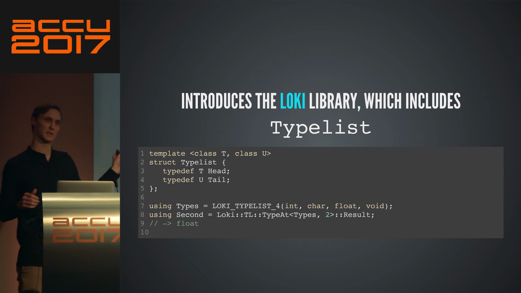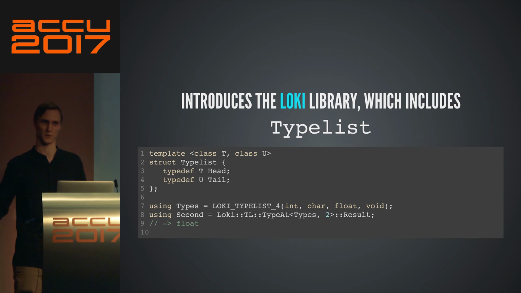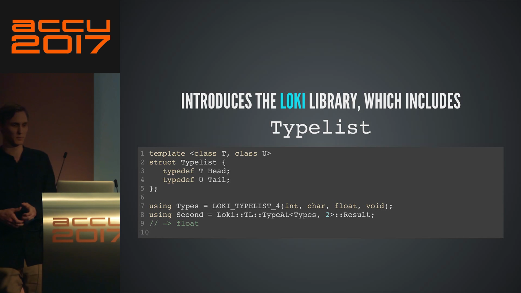And basically, a type list is a list of types, right? So it's a little bit like a std::vector. It's a sequence of things. But what it contains is not objects. It contains types instead. And obviously, because all of this is done at compile time, inside a compiler, you can't just go and be like, oh, I want a std::vector of, well, of what, right? So the implementation is really quirky.